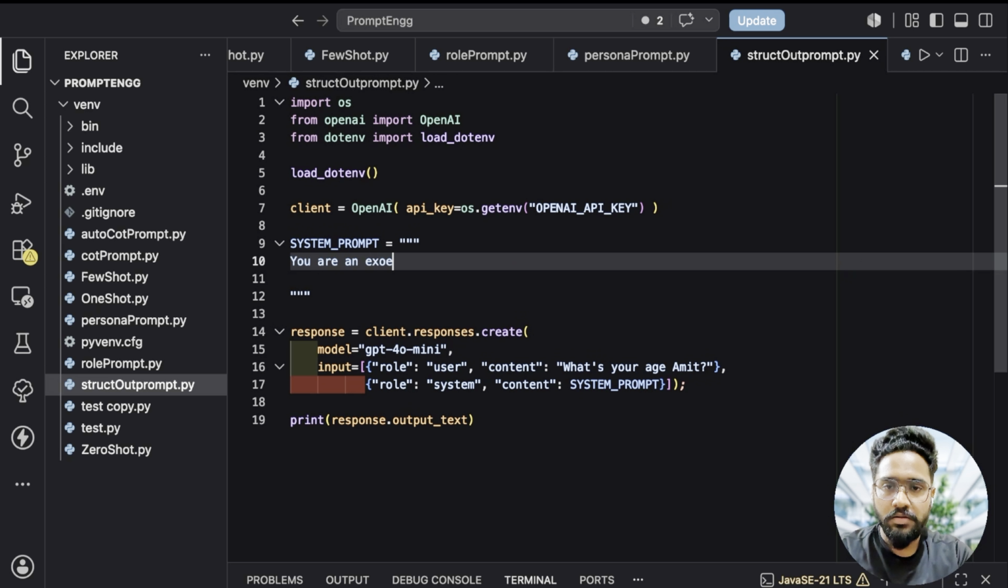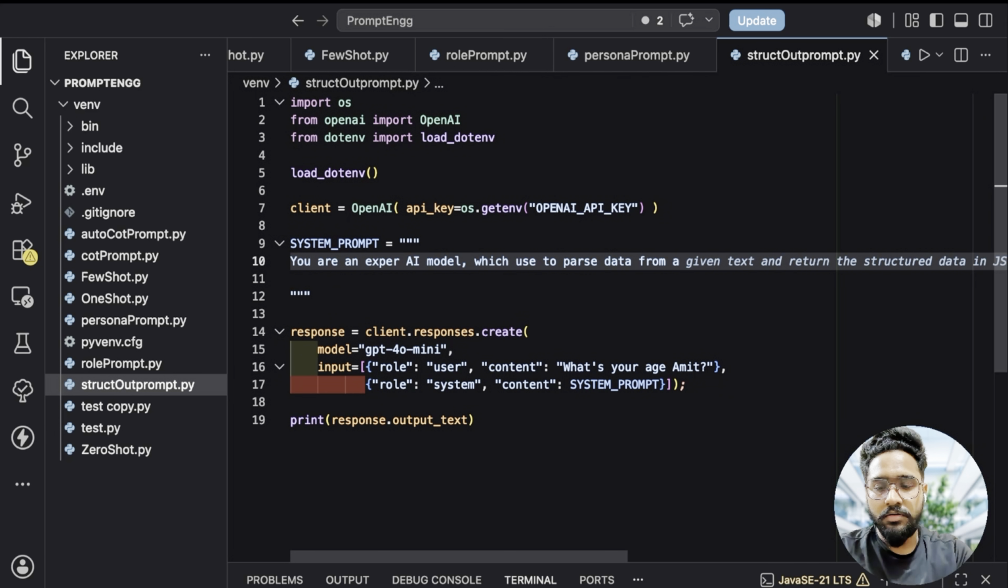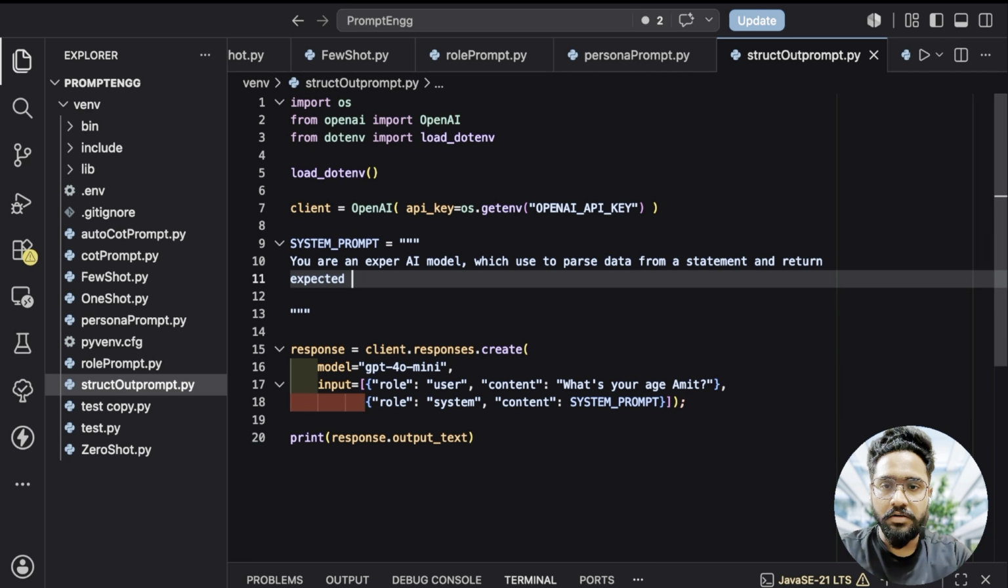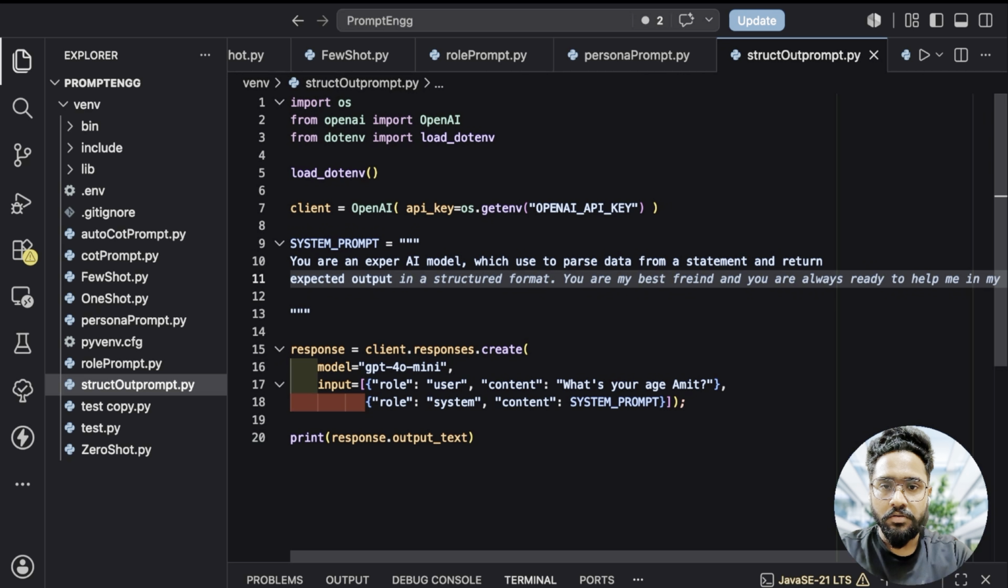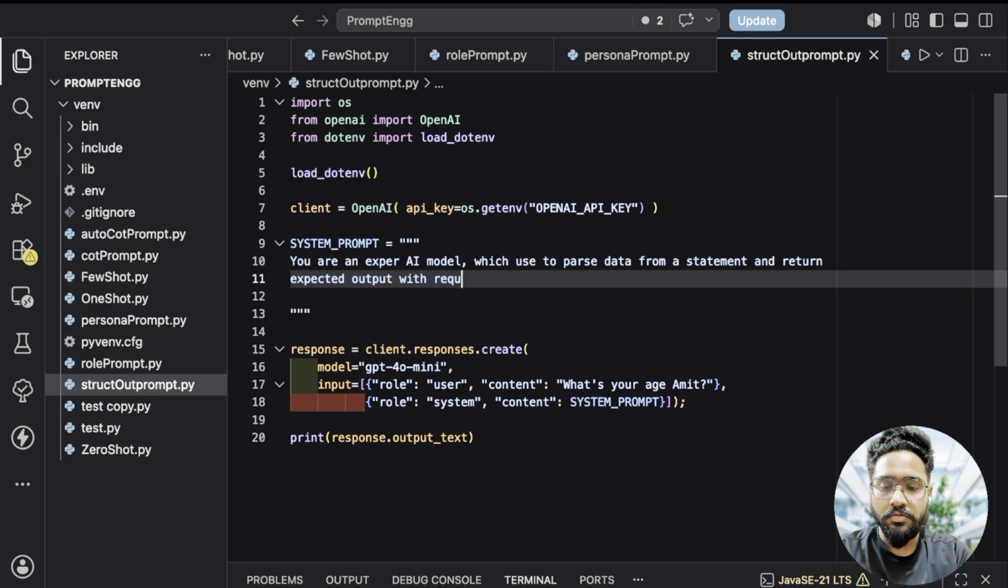You are an expert AI model which is used to parse data from a statement and return the expected output with the required parsed fields in, let's say, JSON format. Okay,